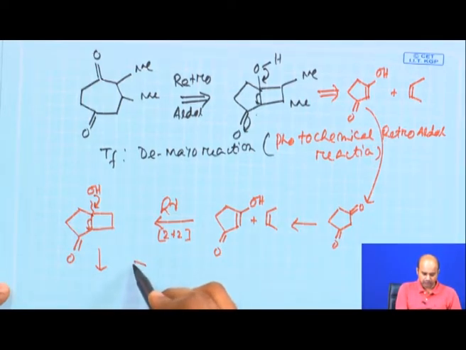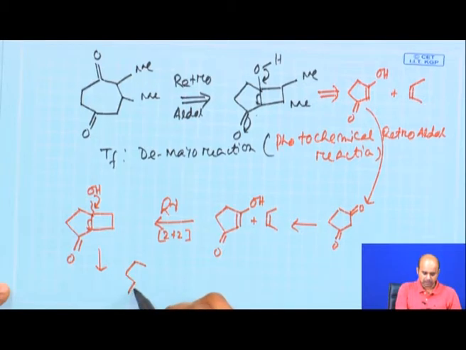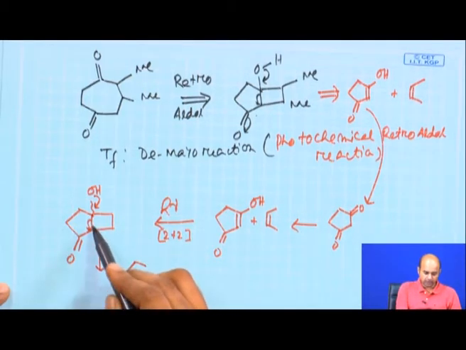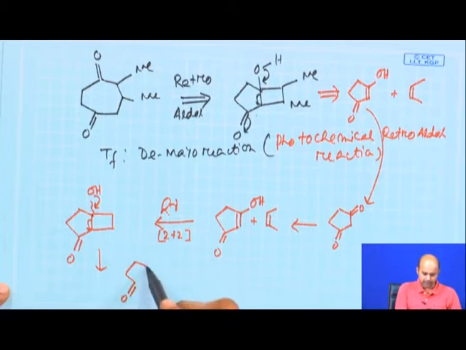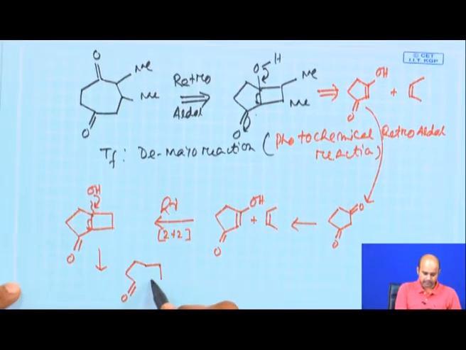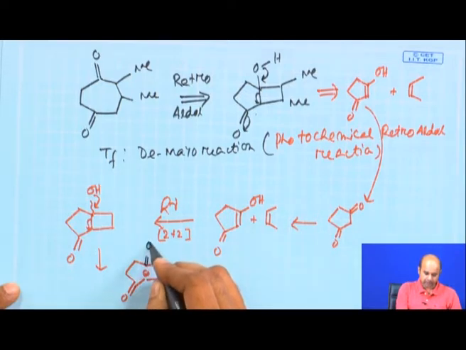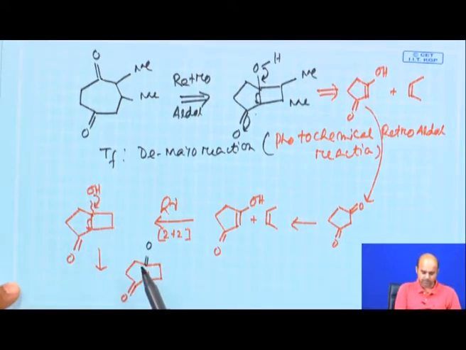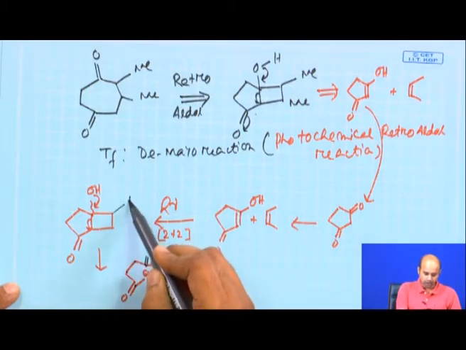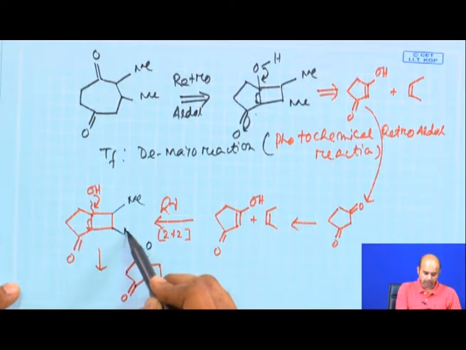Now, I will try to figure out the how. So, this bond we have now broken up, okay, and then you put a negative charge here. Now, this negative charge is definitely stabilized by this electron withdrawing group. Now, what is this? This ring is now basically 7-membered with a ketone group here, which arises from the retroaldol reaction. So, 1, 2, 3, 4 is basically a 1,4-dicarbonyl compound.